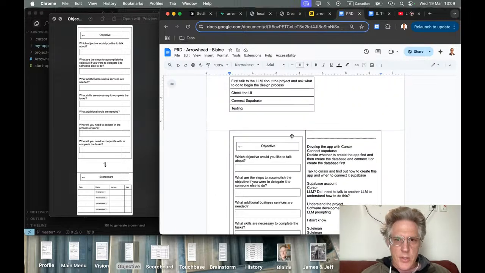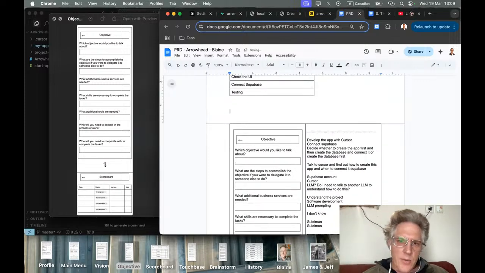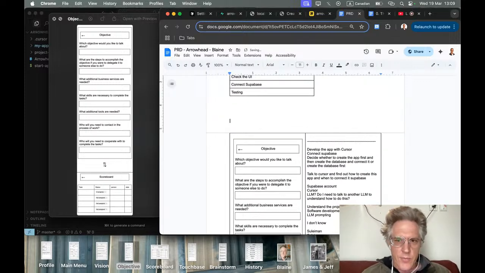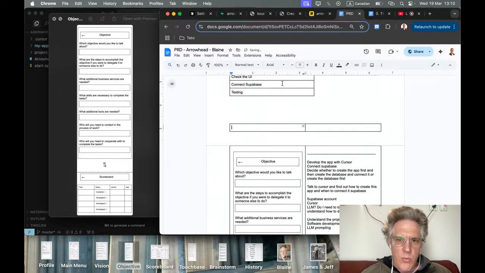Objective. All right, so let's put the scoreboard underneath the objective. Well, actually, it's attached to this objective. So it's going to be a problem. See, this is why I can't use Google Docs. It's because once I put a scoreboard in here,